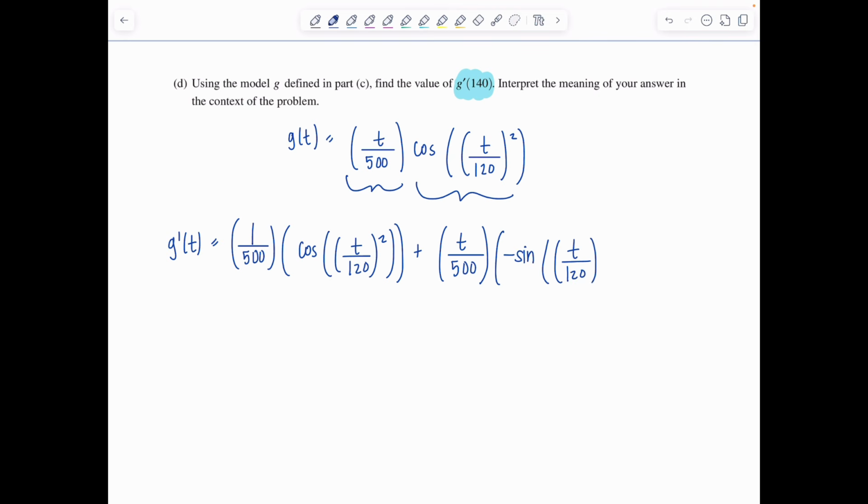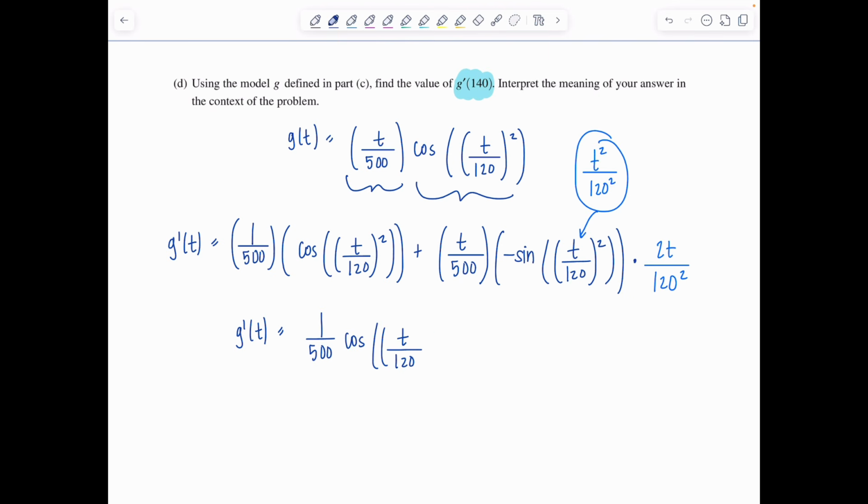Don't touch anything else. Times, and then I have to use chain rule. I have to multiply by derivative of the inside. I think the easiest thing is to recognize what's inside is T squared over 120 squared. So the derivative of this quantity would be 2T over 120 squared. Okay, let's clean up a wee bit, and then we can plug in 140 for T. So G prime of T is 1 over 500 cosine of T over 120 squared